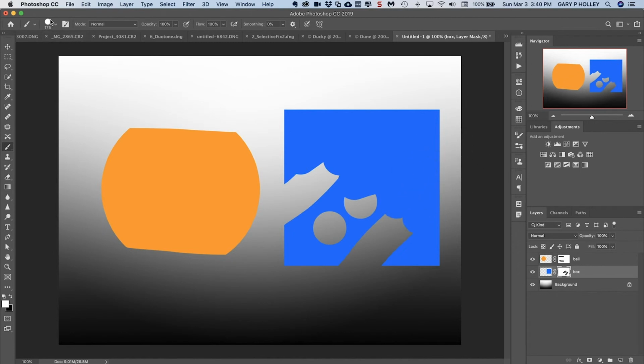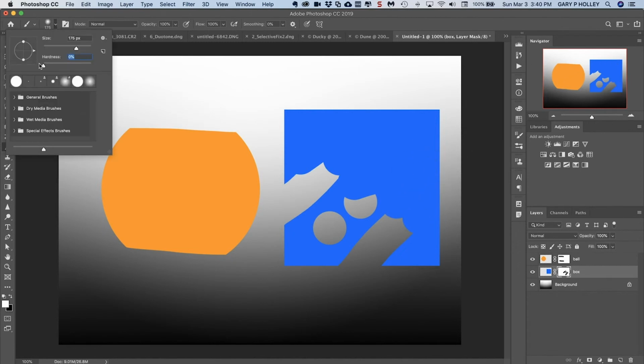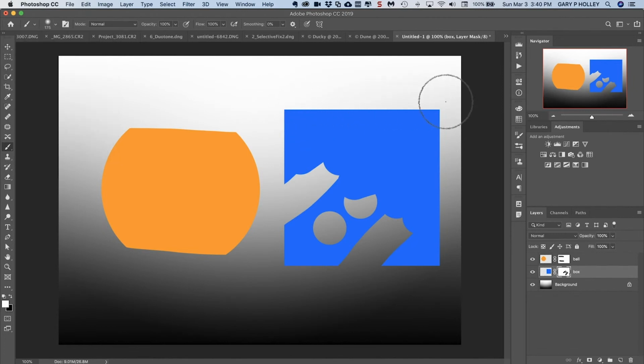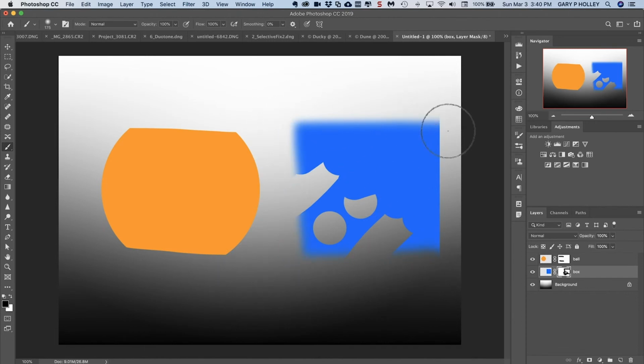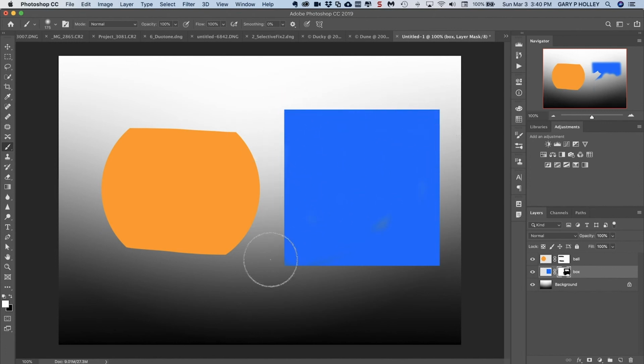Again, with the brush, if I wanted to use a soft brush, I change the hardness. And with black paint, you can see I have a nice soft feathered edge. Some of this will take some experimenting and trial and error, but the beauty is that if you go too far, switch back to white and bring it back in. Basically, the idea here is that white paint with your paintbrush will show through, black paint will hide,